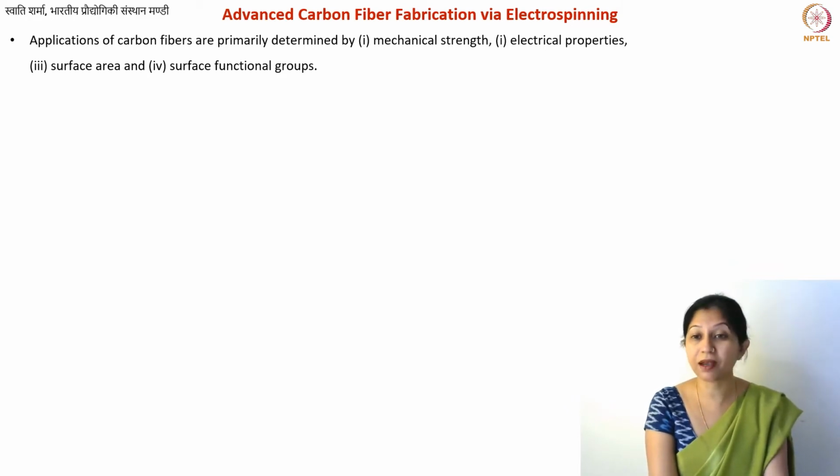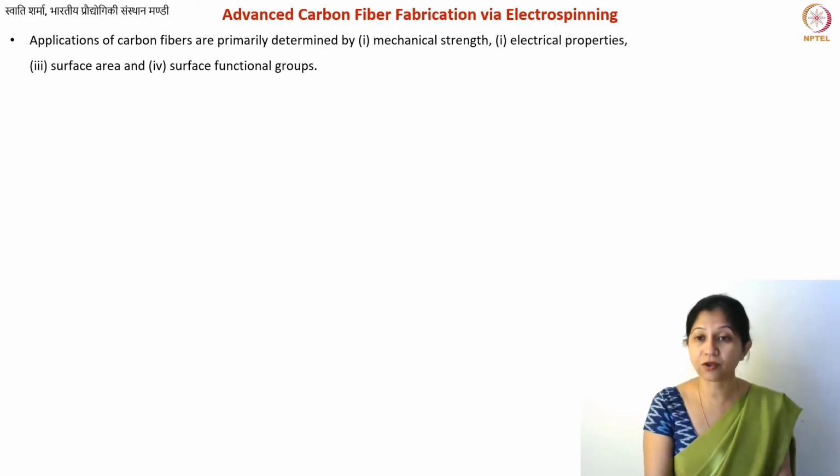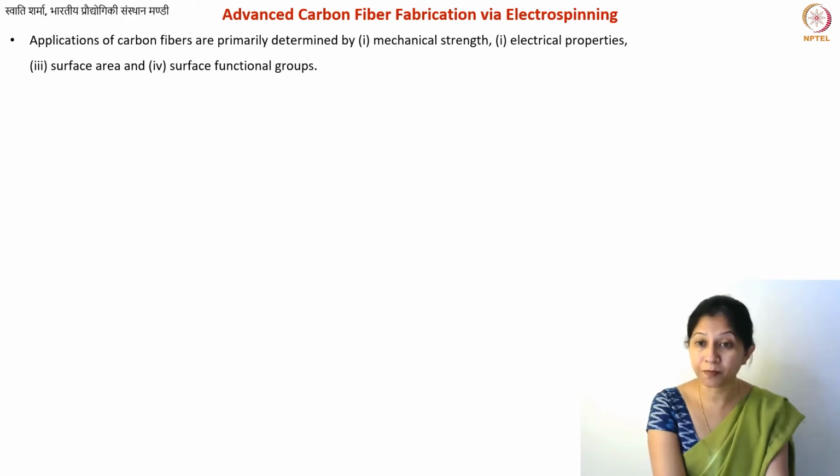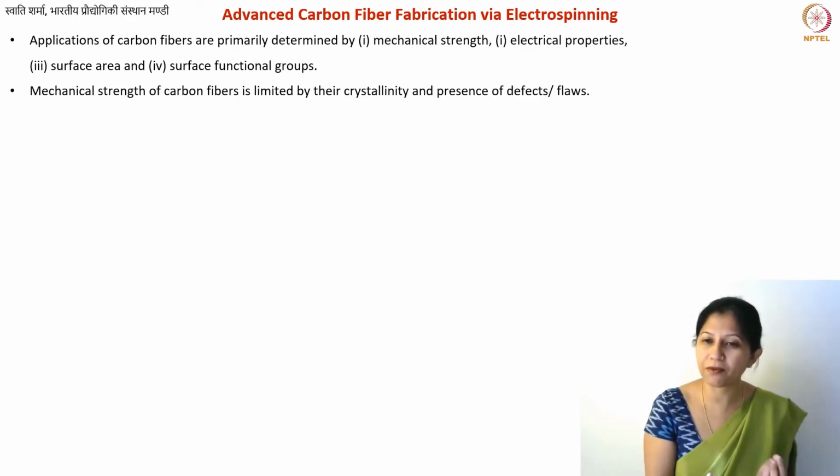And of course, something very much related to this is the addition of surface functional groups. If you want to use these carbon fibers as adsorbents, then you can chemically induce certain functionalities on their surface. So they become, for example, more hydrophilic, which is important also for electrochemical applications, so your entire electrode gets wetted properly. So these are some of the properties of carbon fibers that you can play with if you want to use them, especially for device applications.